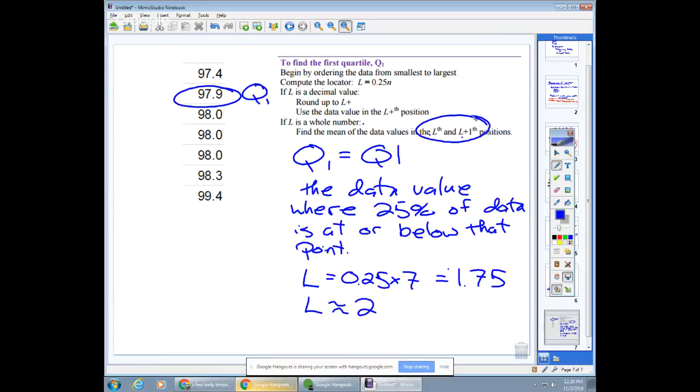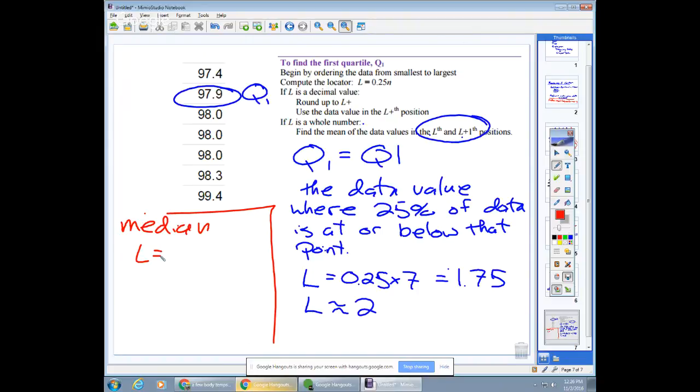Okay, let's apply that. Now, this is the first quarter. We're going to find the third quarter. The median is the second quarter. So couldn't we apply the locator method to the median? Yeah, we should be able to because it's a quarter. It's the second quarter. So just for fun, let's see, if I were going to apply the locator method for the median,